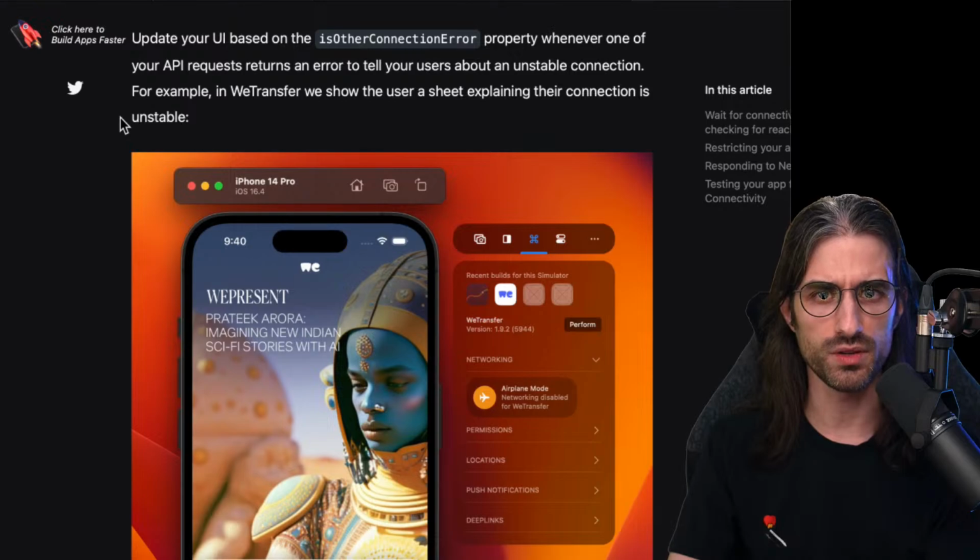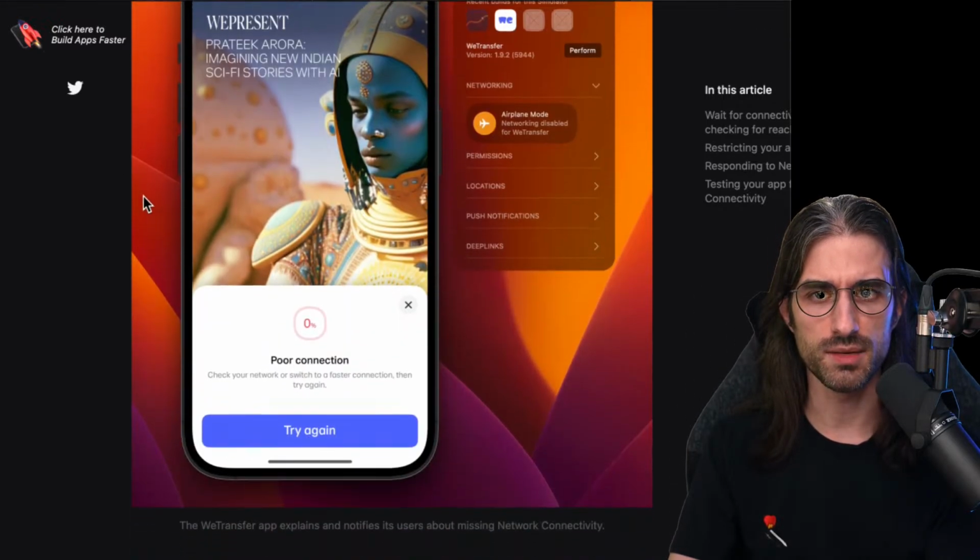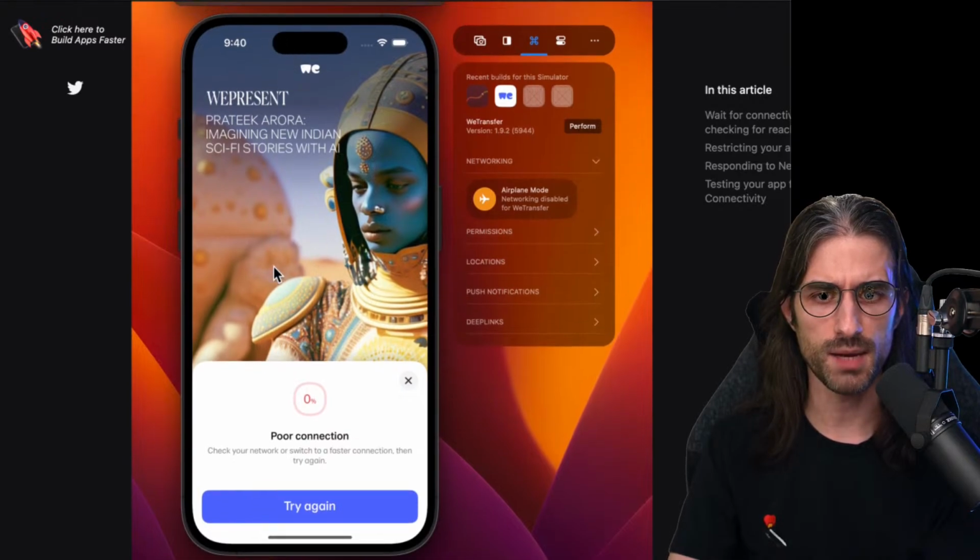For example, in WeTransfer, we show the user a sheet explaining their connection is unstable. So we can see the WeTransfer app and a sheet, a modal from the bottom of the screen, that says you have a poor connection. That can be a great way to let the user know that something is wrong and they might not be aware of it. Typically, we can see that there is Wi-Fi, so here airplane mode has been forced, but